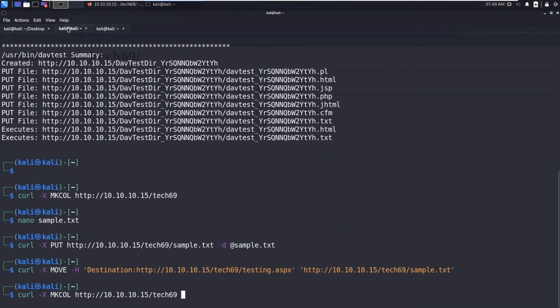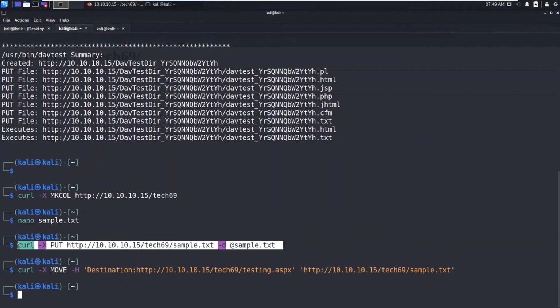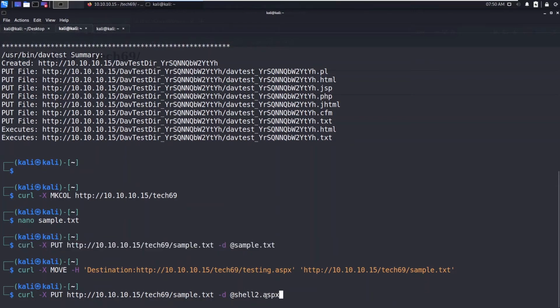Now what we are going to do is copy this. First we need to place this as the text file sample.txt, but the source should be shell2.aspx. So we are just uploading the contents of this ASPX into the text file, and now hit enter.